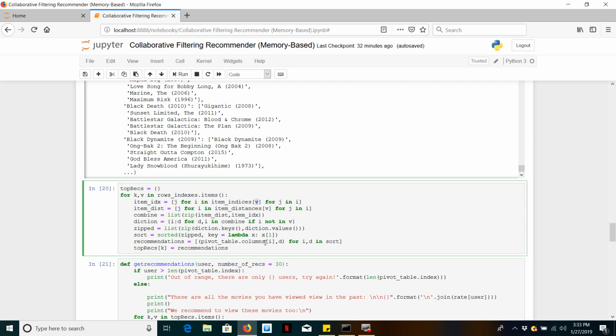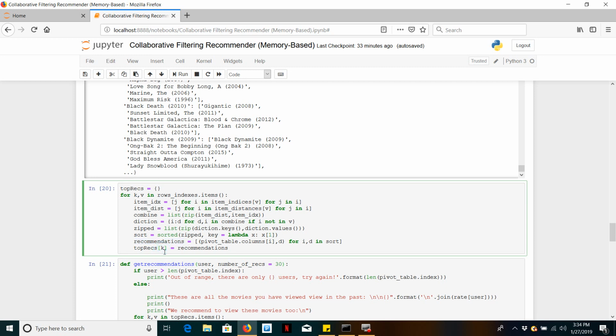I got the column names, and I got the actual column names. I needed the actual names of the movies that they have seen to put it in better perspective, instead of just using the actual movie IDs or just indexes. It won't make sense. You want to see actual movies, you want to see actual results. So yeah, these are actual recommendations. I put them in an actual dictionary, and